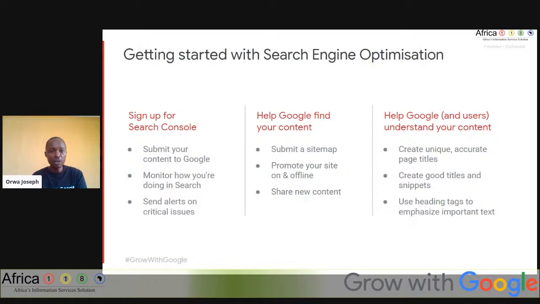So let's proceed and have a look at how you can get started with search engine optimization. The method used to boost your visibility on search engines is called search engine optimization, or SEO for short. This process really involves helping Google understand your web pages and creating an experience that is relevant for your website visitors or customers. Search engine optimization, friends, is not only about your website but includes every other platform that you use to go online. If you go online and search for Orwell Joseph, most likely you will find my LinkedIn popping up in one of those